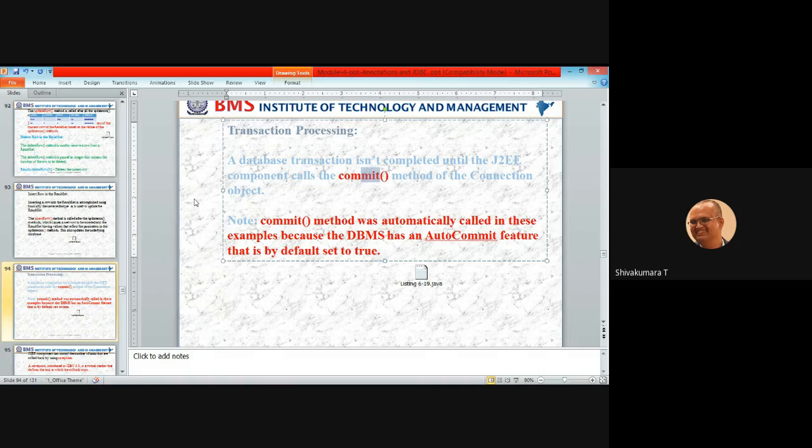Still it is able to record into the database. Yes sir, by default it is going to commit the content to the database. The commit method was automatically called in these examples because the DBMS has an auto commit feature that is by default set to true. Let us look into the snippet code to understand better.